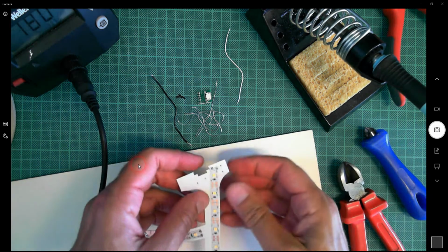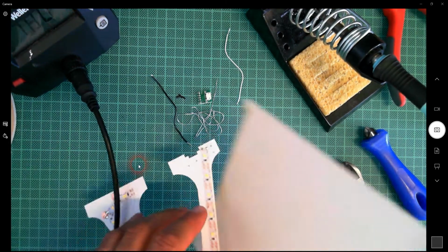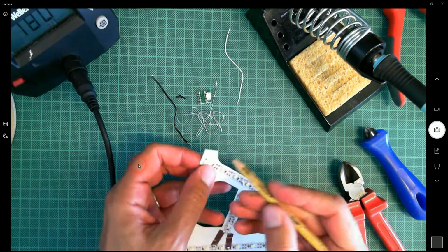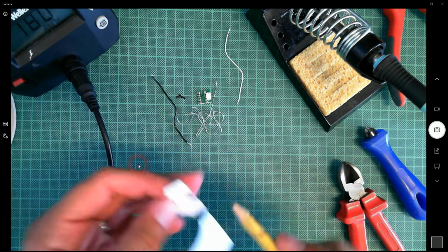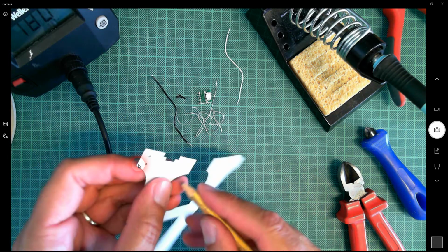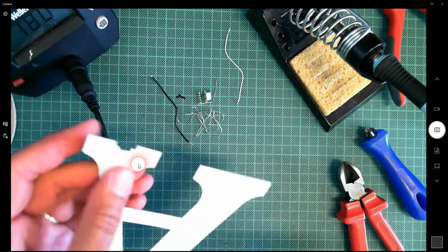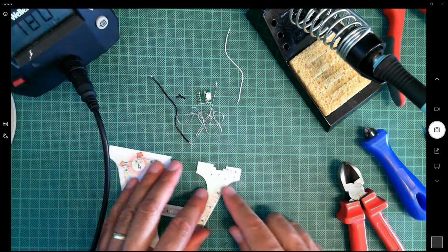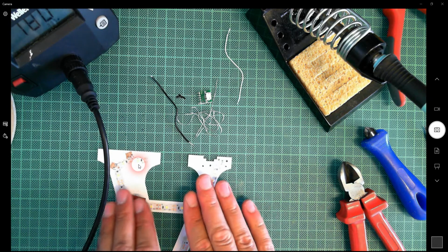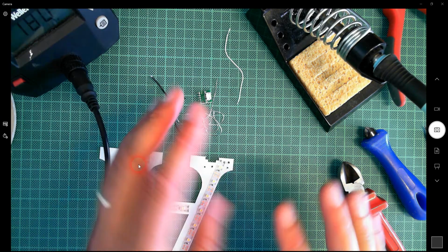Okay, so those holes look a little bit straggly, because the countersinking tool doesn't do a very fine point, does it? But now what I'm going to do, without stabbing myself, is just push through a sharp pencil point. The hole's already there, so that's the key thing about the countersinking tool. There, and I've made those holes a little bit more manageable. Now, of course, I could have laser cut these holes originally when I cut out the card, but I didn't quite know whether the LED strips were going to be stuck,